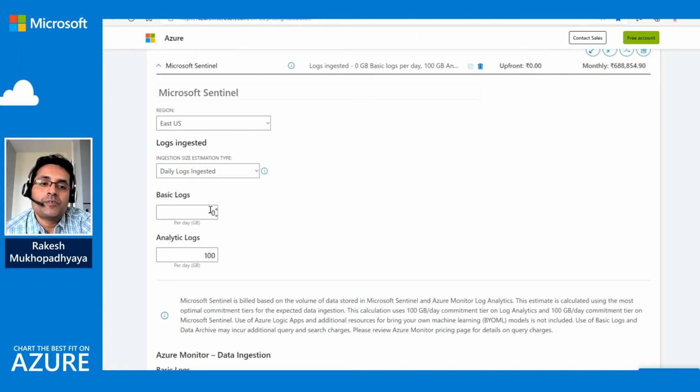If you qualify a few log sources as basic log, you will still be able to search those logs in Sentinel, generate reports from them, and do threat hunting from them. But those logs will not be consumed in the Sentinel correlation engine, so they will not be used for incident generation or alert generation.